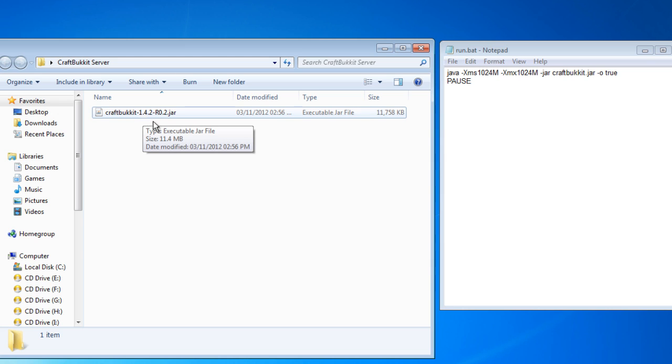Now you're going to need two files here, the craftbukkit.jar and run.bat. I'm not going to give you the download for run.bat, sorry, but I will give you the code to create it. It's really simple and it's not really worth your time downloading it because it takes a few seconds to do. But first of all,